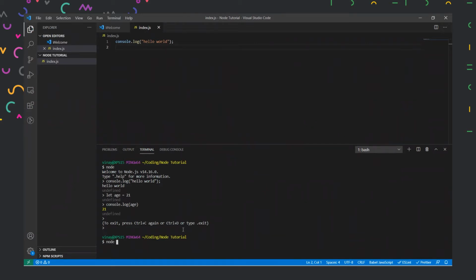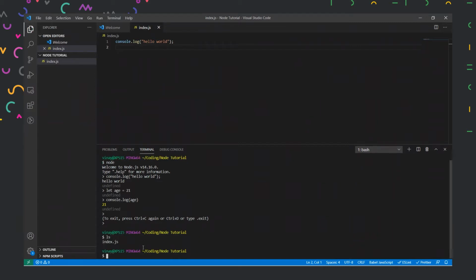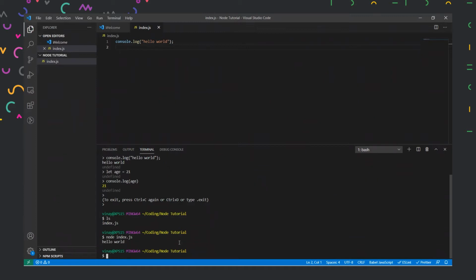Currently we are in the same folder. Always note that you are in the same path as your working directory. To check that, I could just type ls and it will output all the files in the current directory. As of now, I have index.js present over here. So I'll run this file, and then it will show me the output here. And this is how a file is run in our Node.js server.